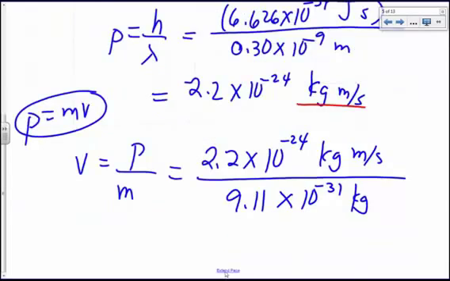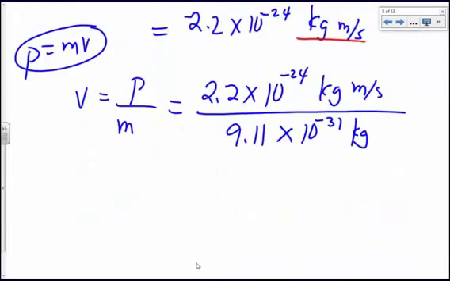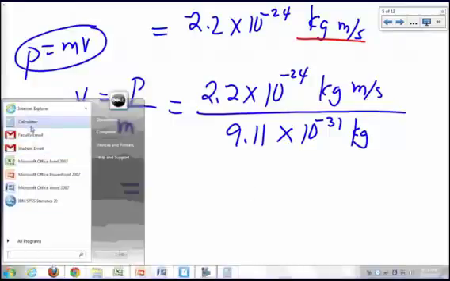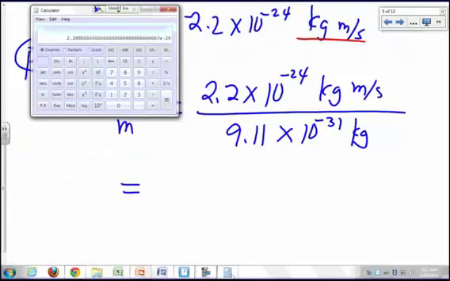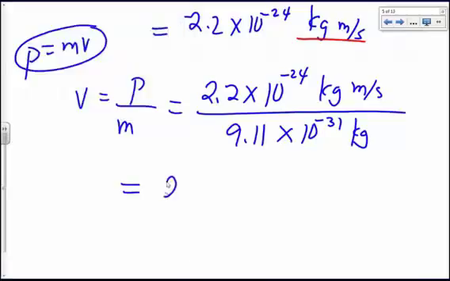Okay? 911. So what would that be? I have 2.2 times 10 to the negative 24 divided by 9.11 times 10 to the negative 31 kilograms. That gives me, in exponential notation, 2.42 times 10 to the 6